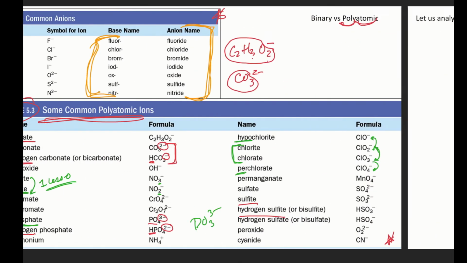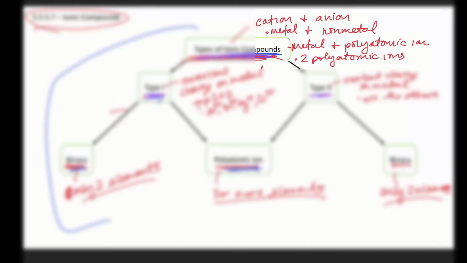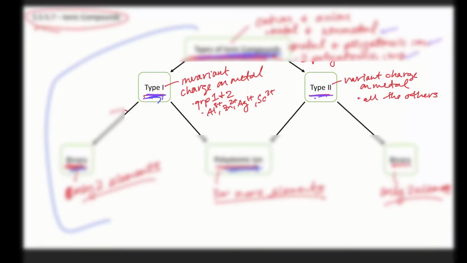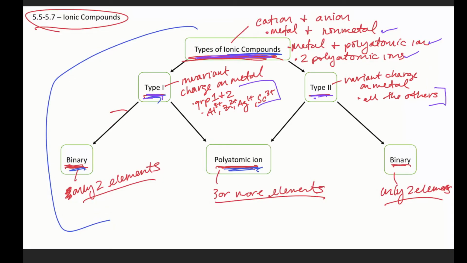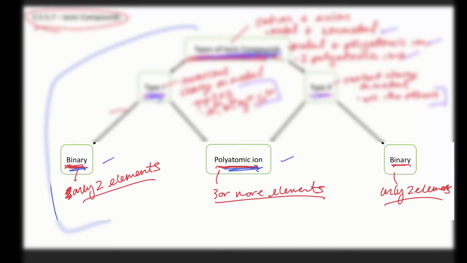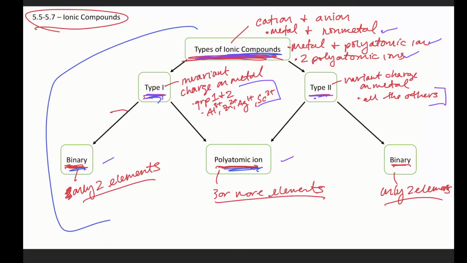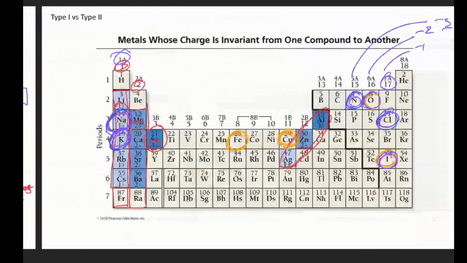But just to refresh before we do that, ionic compounds are composed of a metal and a nonmetal, or a metal and a polyatomic ion, or two polyatomic ions. From there, it can be type 1 or type 2, depending on whether or not it is one of these metals or any other metal. And then from there, it can be either binary or polyatomic ion, based on if it's made of two elements or more than two elements. All right, so